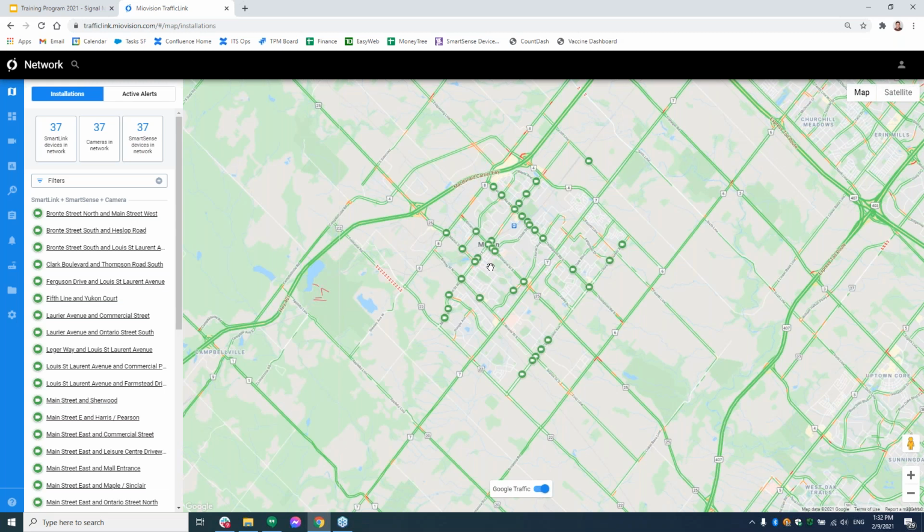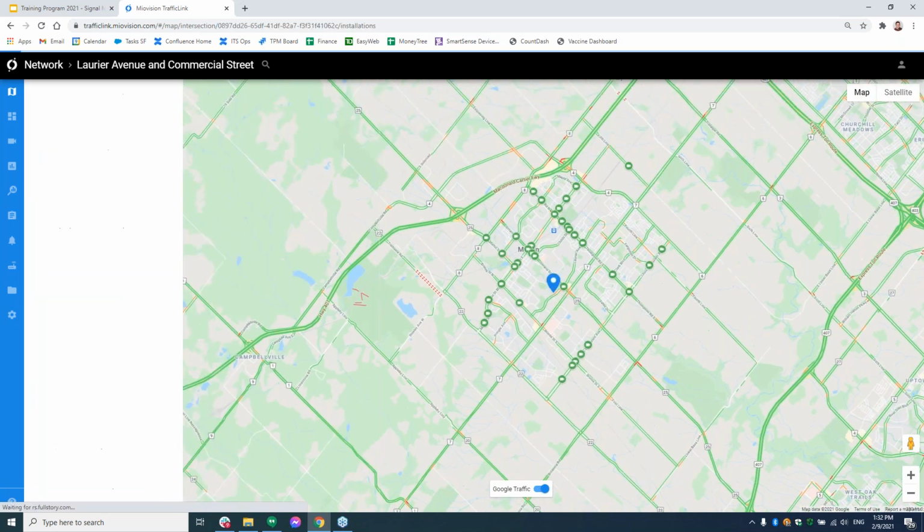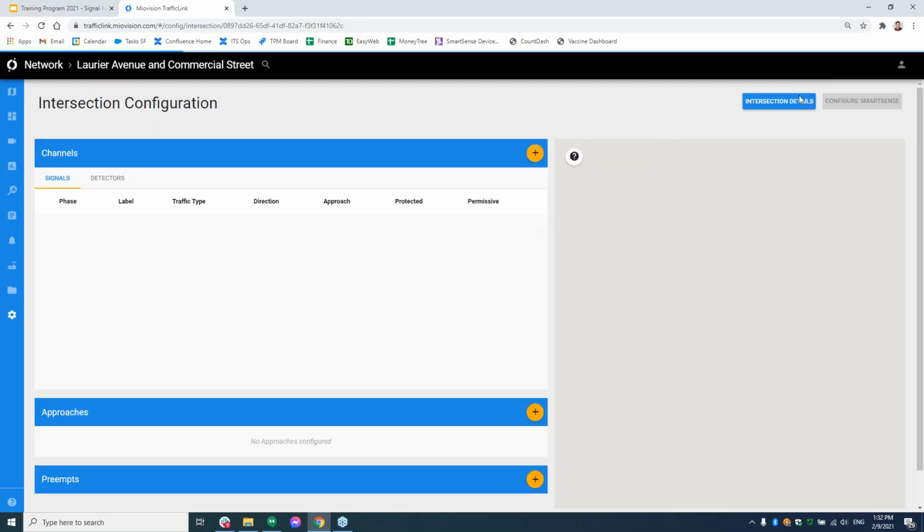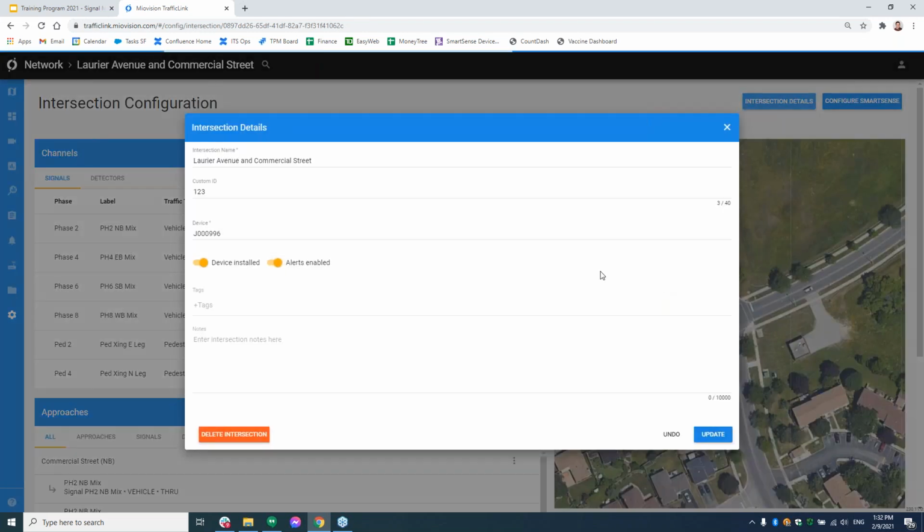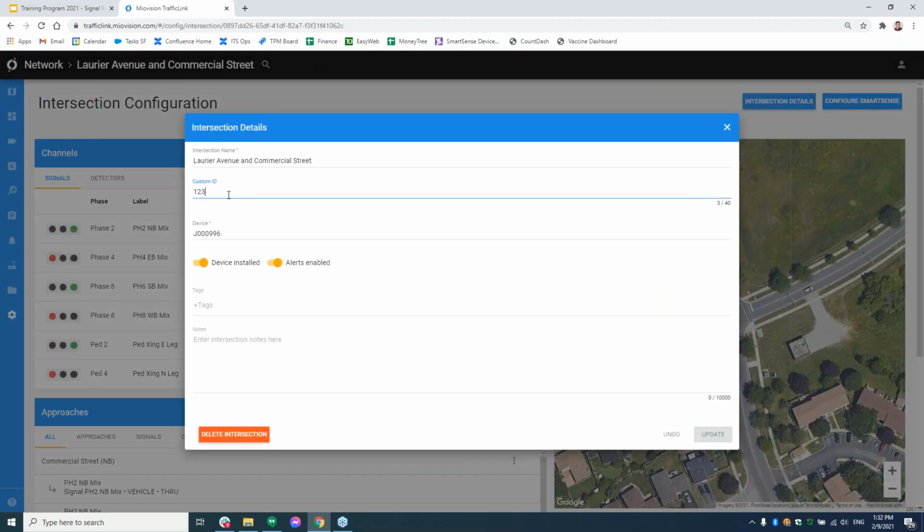I know in many cities I work with, every intersection has a number, mainly for asset management. And often I see the numbers in the timing plan. So intersection 123, timing plan here and that. Everything is related to that number. And if you want to take advantage of that, you can as well. So I just go back to that screen again. Intersection ID here, or a custom ID 123, we can simply add that in.